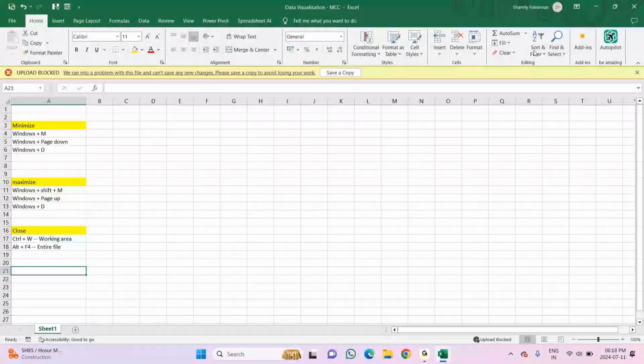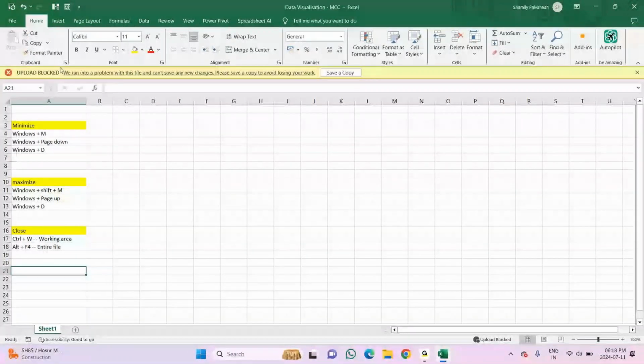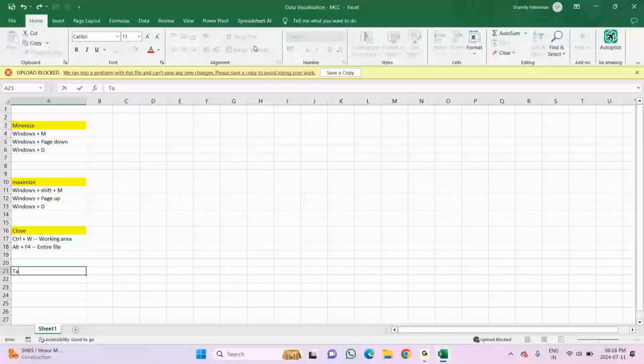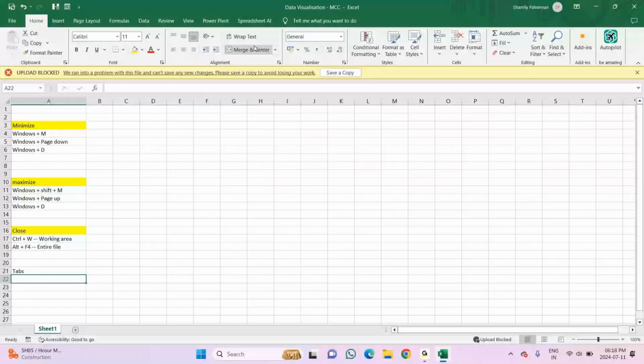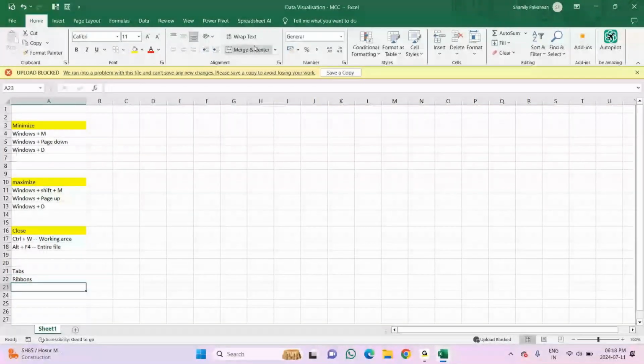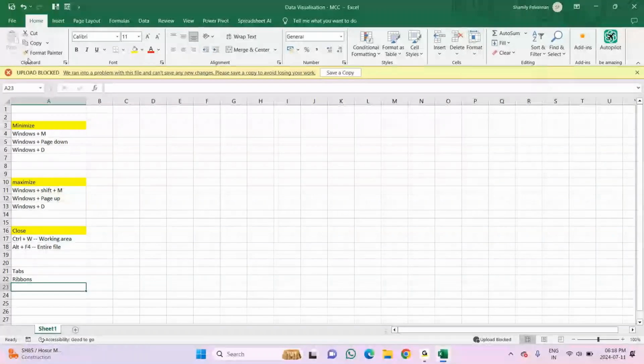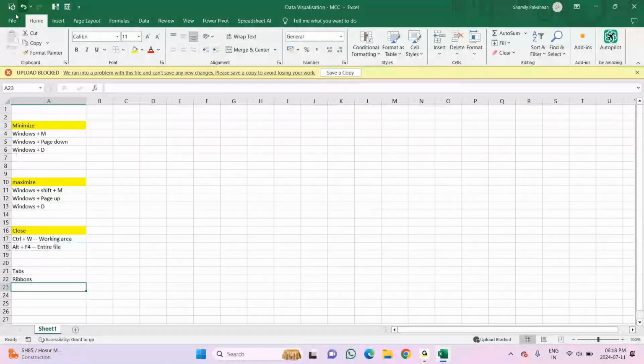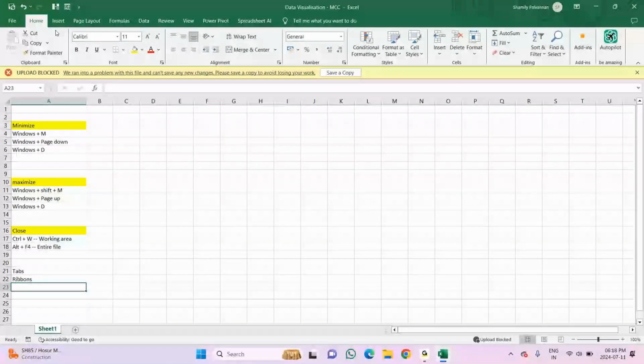There is one line drawn between a few options. So a collection of a set of options is available. Again a line is drawn. Again there are another few options and a line is drawn. And they have also given a name: clipboard, font, alignment, number, styles, like this. We call this ribbons, but this set of options with the partition and given a name, we call it a group. Clipboard group, font group, alignment group, number group, styles group, cells group, editing group. So we call it a group.